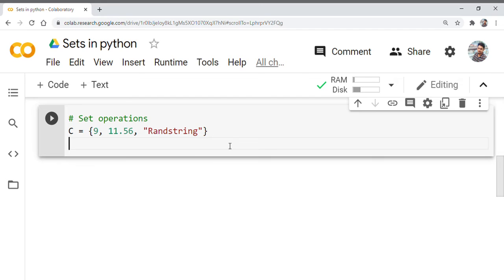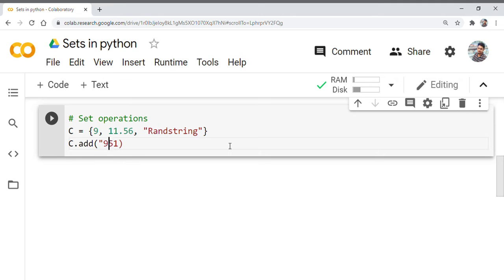Okay, so now let us add some elements to this set. C dot add. So this is how we add elements to a set. C dot add, and then open parentheses with whatever element you want to add to this set. If I want to add an element like 951, an integer 951, I just want to add this integer to the set C. Okay, so this is how we add an element. If we want to add a string, we have to use it like this.